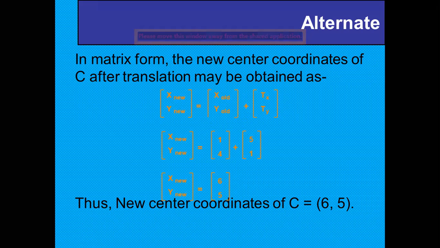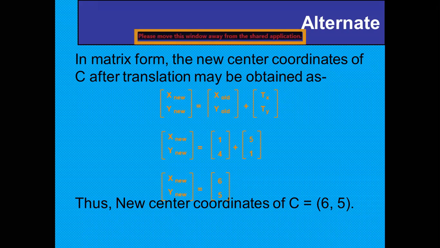Whenever we are working in two dimensions, we can represent all the equations with the help of a 3 by 3 matrix. And in case of x, y, z, if there is a 3D plane and we are showing our object or image in 3D, then we can represent it by a 4 by 4 matrix. So with the help of the equations, you can write directly in the matrix form.